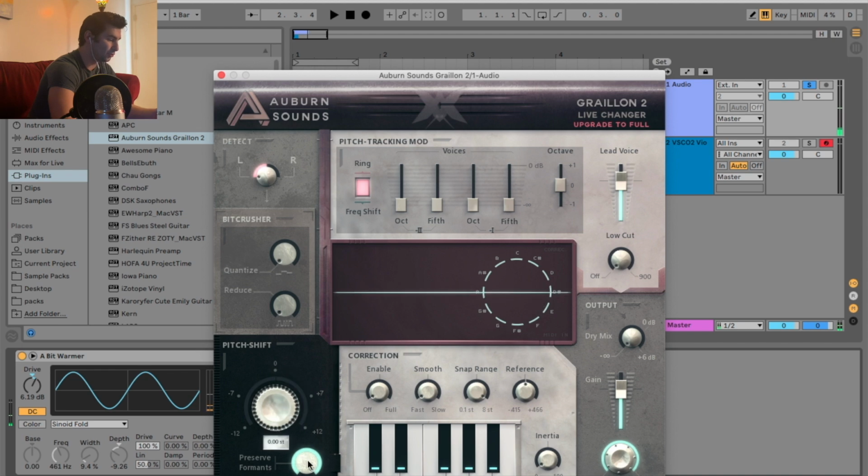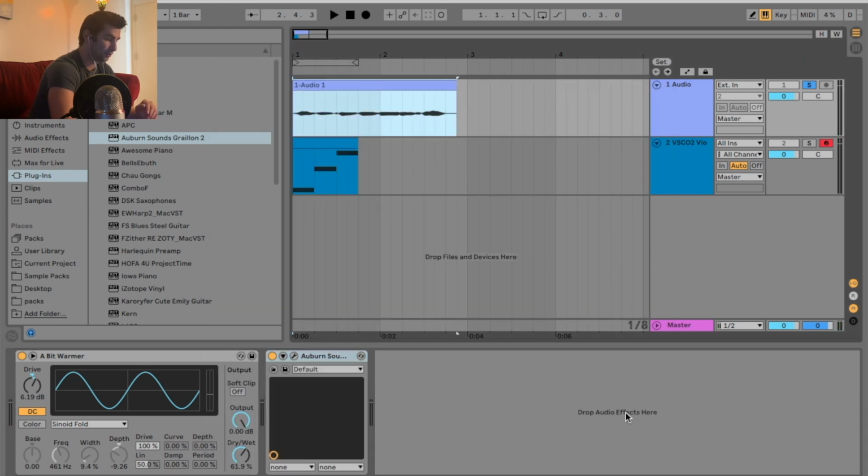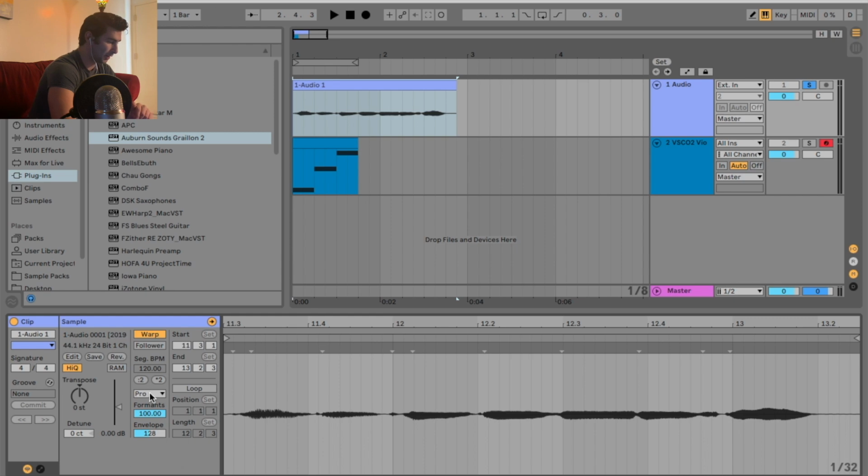So pretty good with the pitch shift. Obviously, you can easily do this in Ableton in case that's the DAW you're using. I'm just going to go here. I'm going to go to Warp, and then Pro, or Complex Pro, and then I can adjust everything here, so